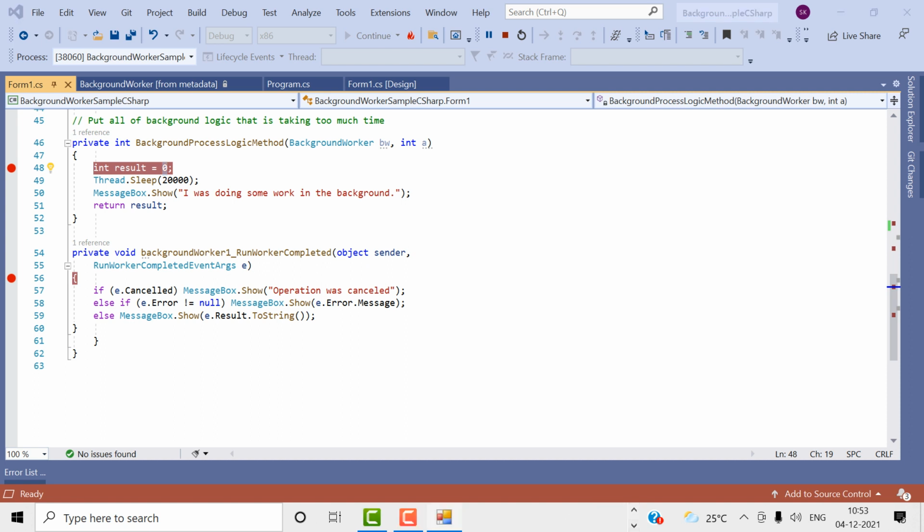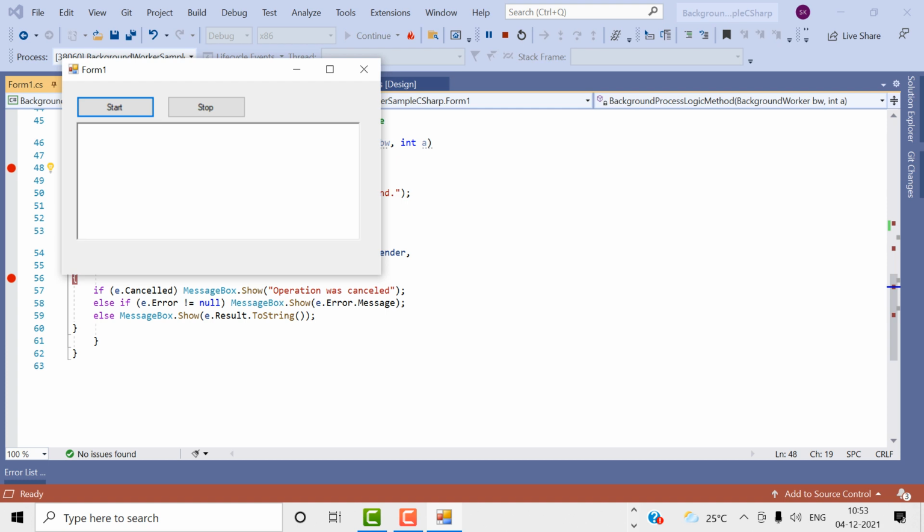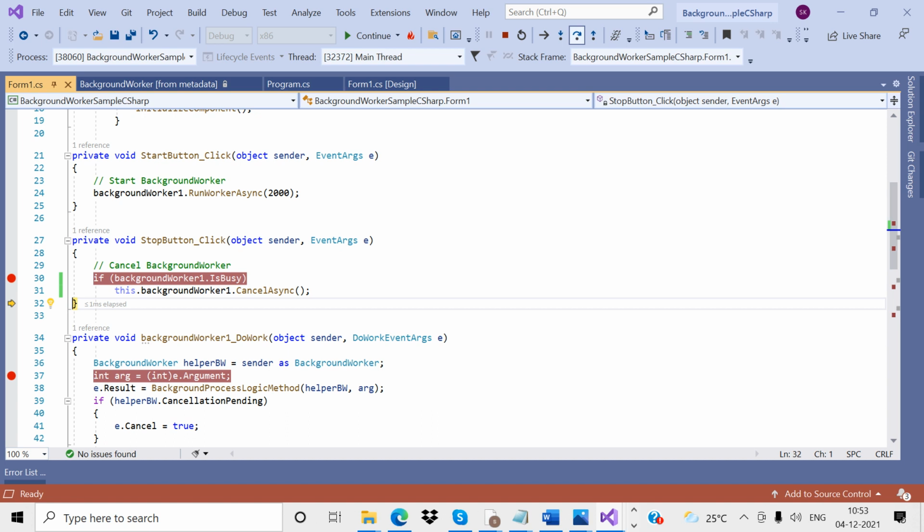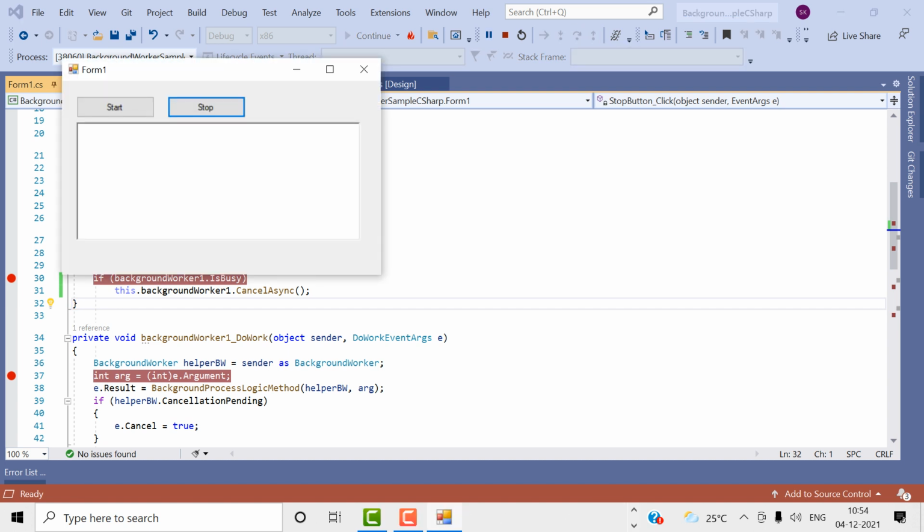Now this is the start process. Now we click the Stop button. What happened? The function is stopped there. See, the BackgroundWorker is busy, and after clicking, the BackgroundWorker process is not busy. That is the reason it skips this function. Okay, that function has been stopped. Now I am clicking the Start button again.